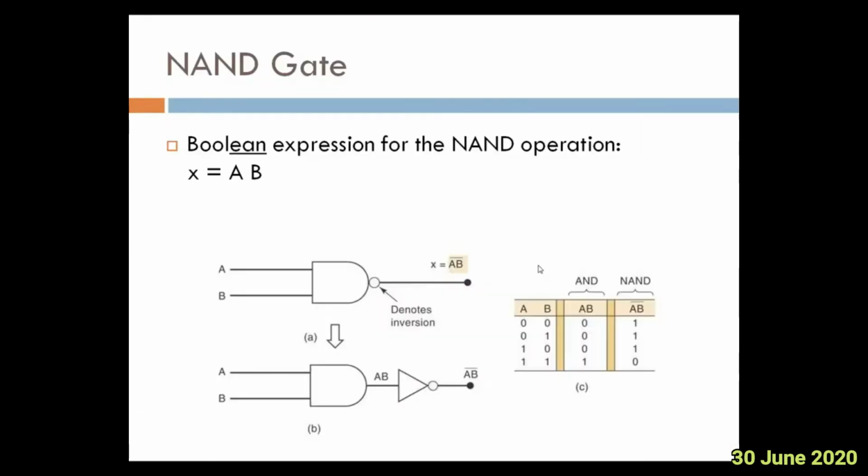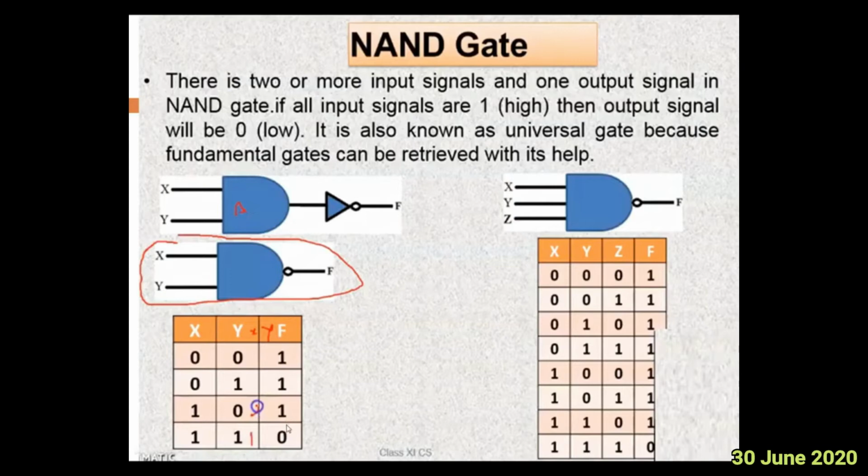Let us discuss here for 2 variables. You can write AND very easily. AND says that if all the inputs are high, then only the output will be high. Then you make a NOT of this, that is, wherever 0 you write 1, wherever 1 you write 0. That's how the output column will be 1110 for the combination of X and Y.